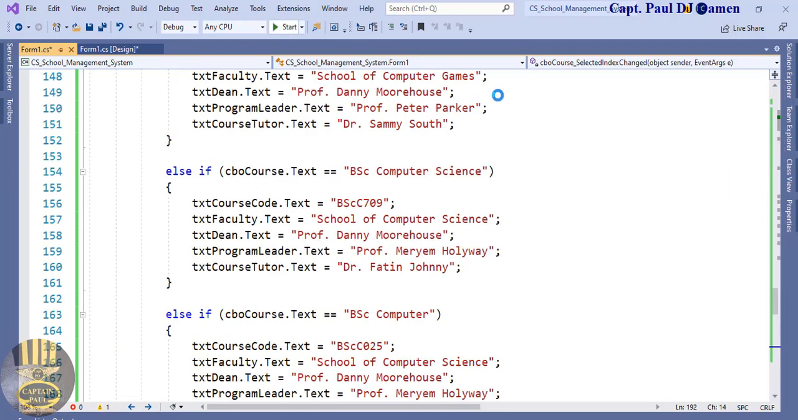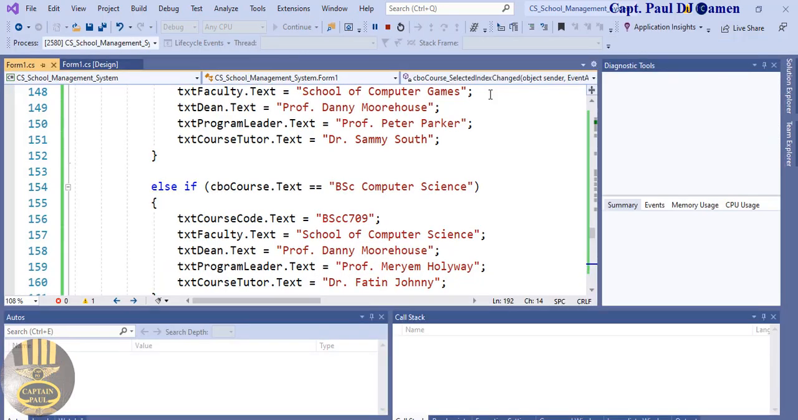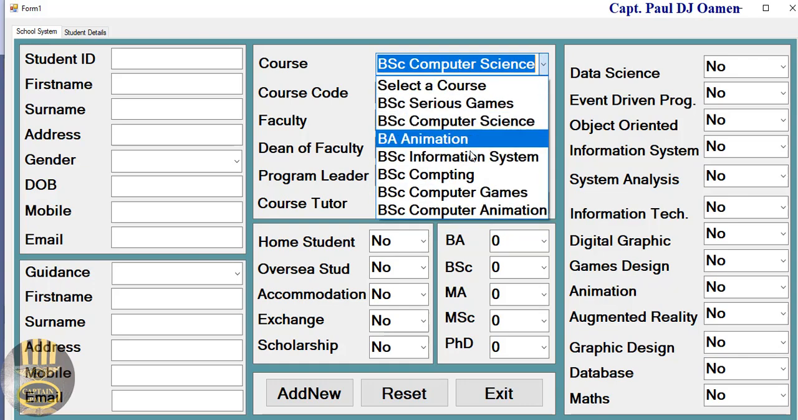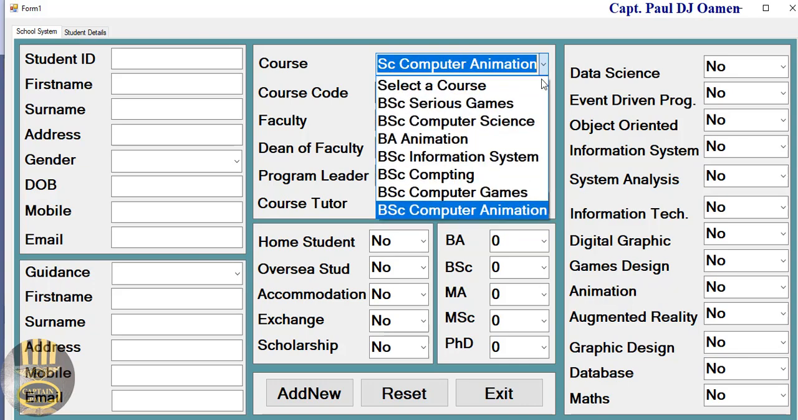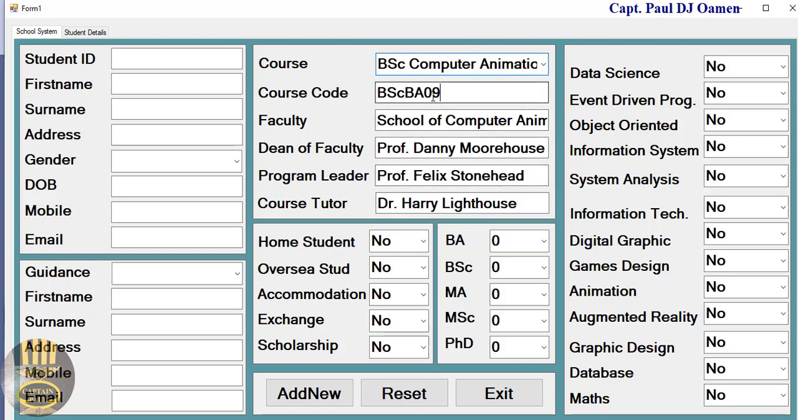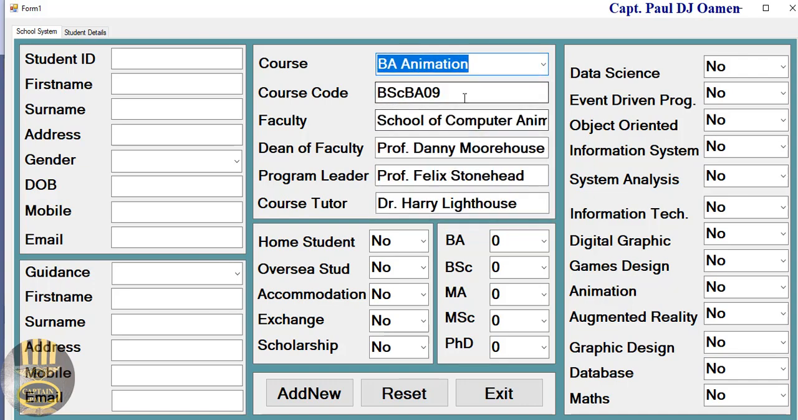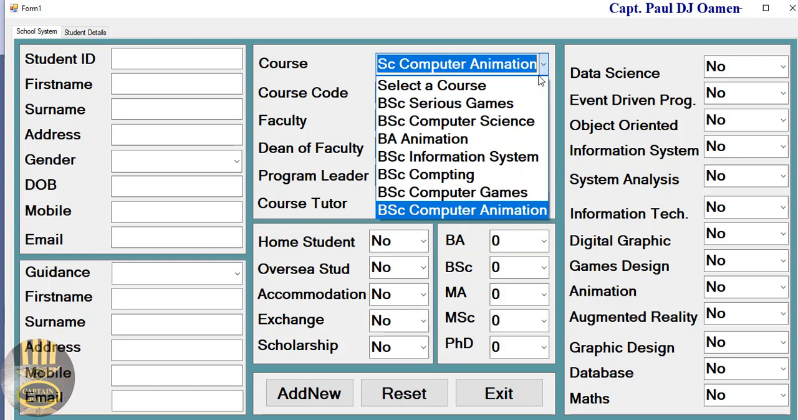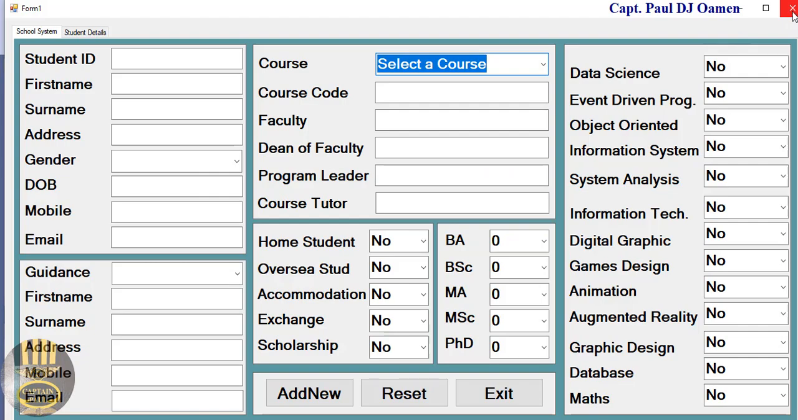So let's run it and see how that looks like. Right, there we go. Look at that. That's beautiful animation. Look at that. If you look at animation, the course code, and let's see the course code of this, that's computer animation there. All right, let's see the course code again, 09, and this one should be, no, we need to change that. So let's see this. There we go. So go back into